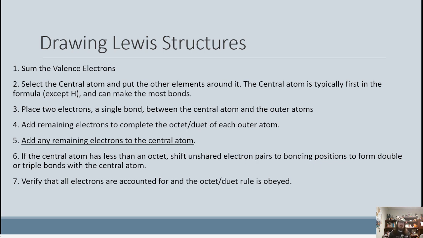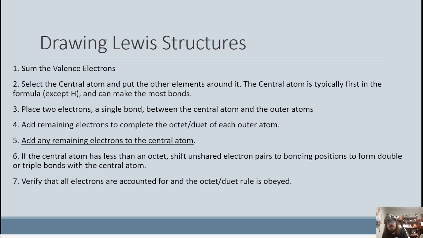Now, once we've placed all the other elements around the center, we are going to make single bonds. This is the key thing. Make single bonds before you do anything else. Make single bonds from the center atom to all of the outer atoms. If you have more atoms than